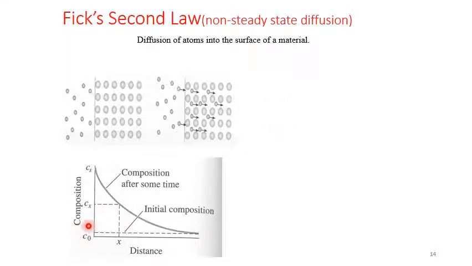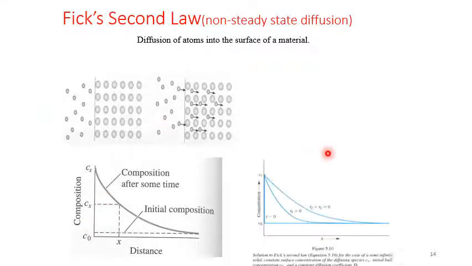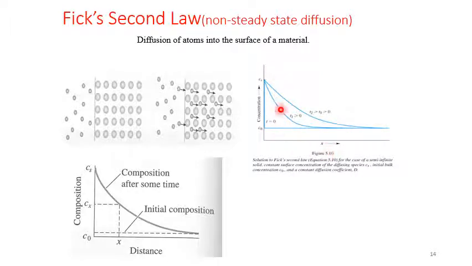As we have seen in the previous one, the initial concentration here will not be 0, so there will be some concentration. It depends on the distance as well as the surface, which is going to encounter various compositions at different times. Now you can see here the concentration and distance x at time t equal to 0: there is an initial concentration, and the concentration at the surface is Cs, and as the time increases, you can see the change in the concentration gradient.